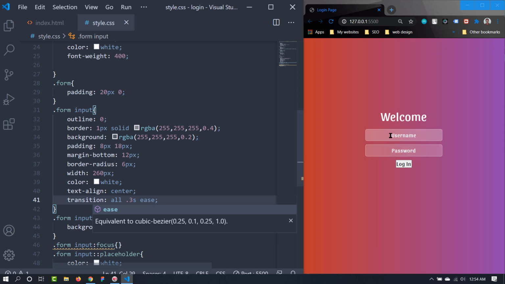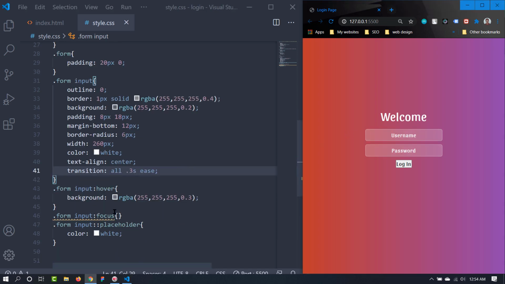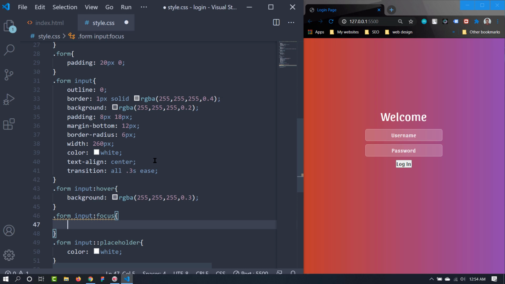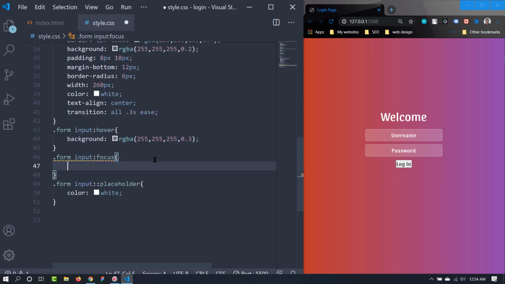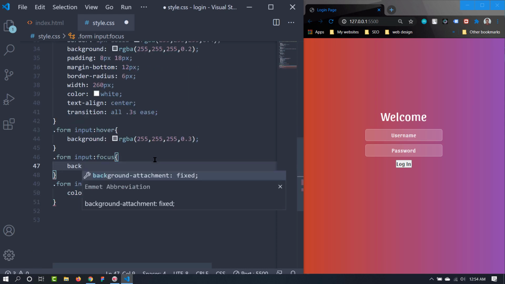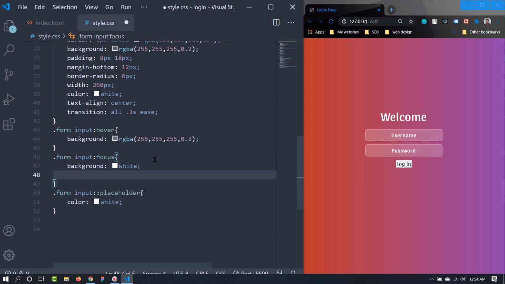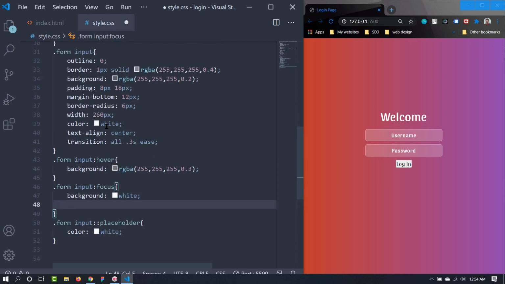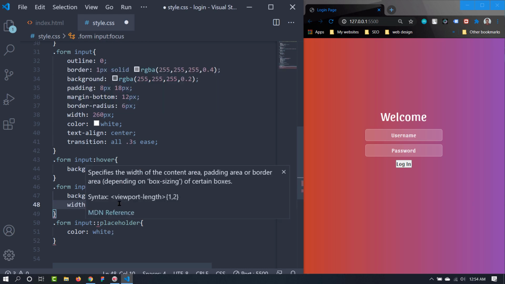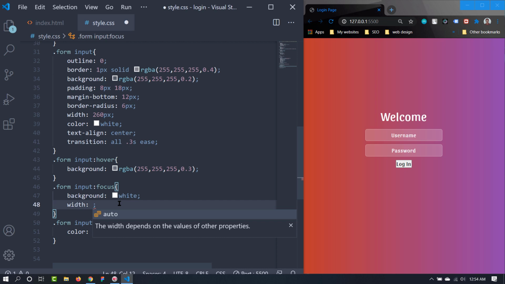Now let's apply some focus effect. So when we focus on that, we want the background to be completely white. We also want to increase the width. So we have given this a width of 260 pixels. So let's give it a width of more than that, suppose 320 pixels.